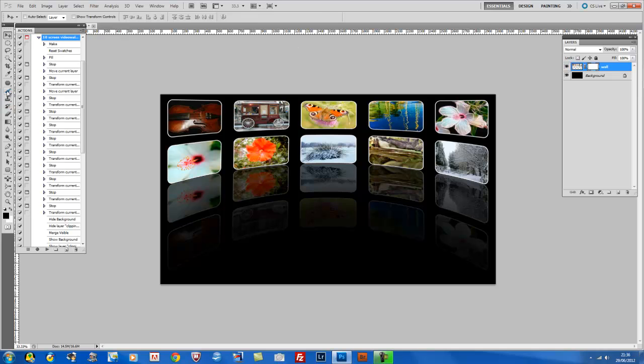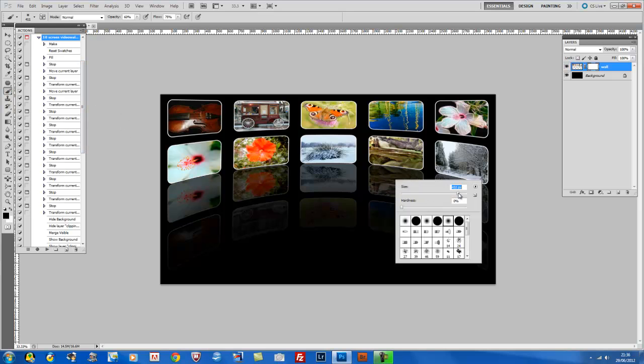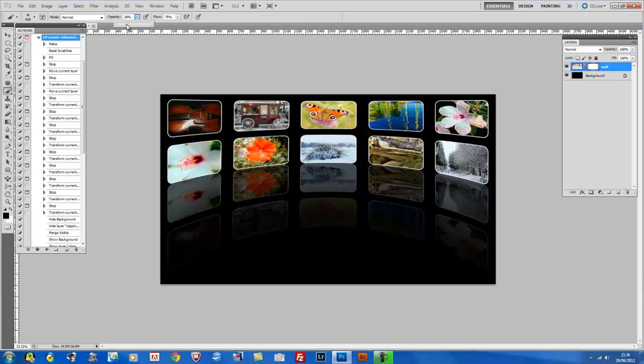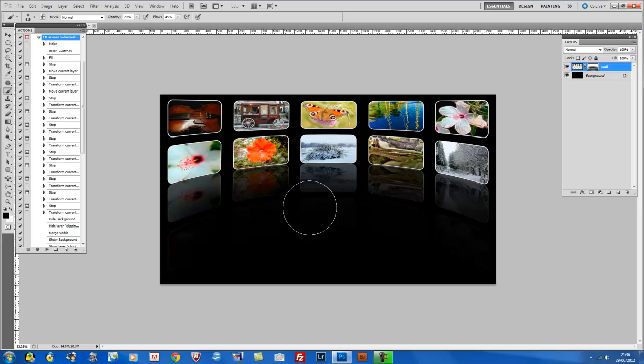You just select black as your foreground, select a large soft brush, knock your settings down to around 28 and 37, and then start applying your effects. And you'll see that now that is starting to dissipate a little bit more with the layer mask in use. Once you're happy with that,